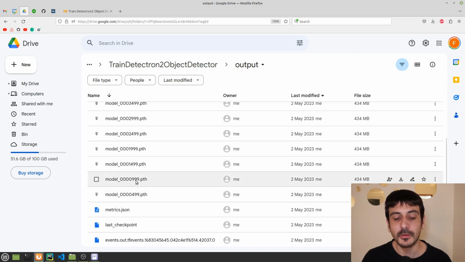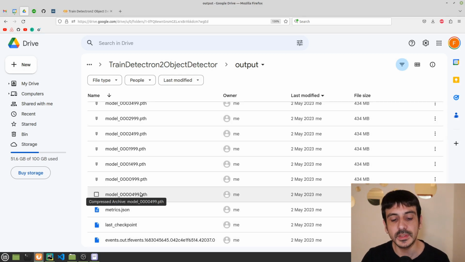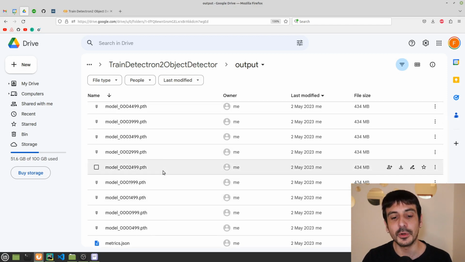So all of these files are 500 steps apart. And yeah, that's basically what it means to save the checkpoints every 500 iterations. During your training process, you are going to be saving the checkpoints, the weights, exactly like this.